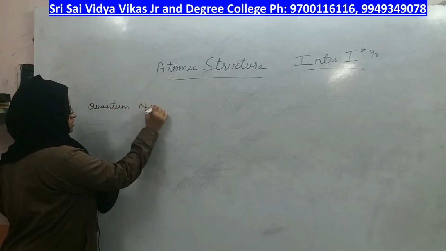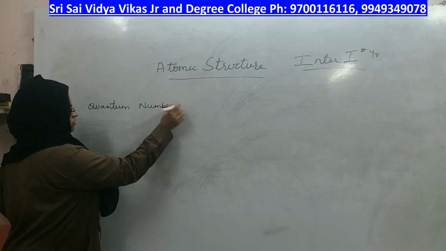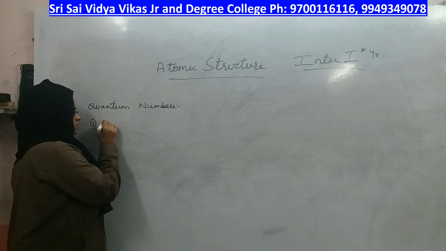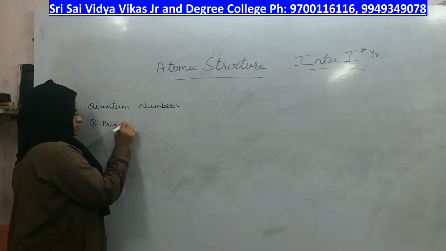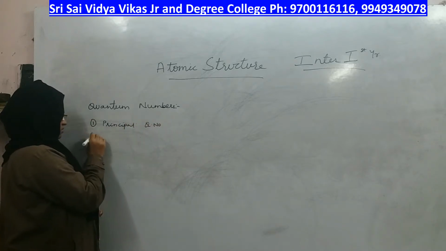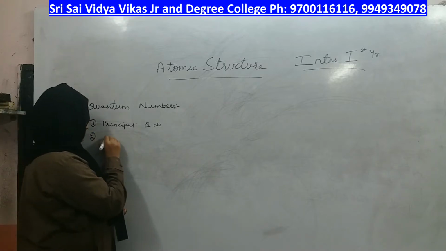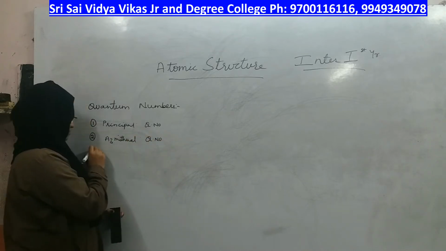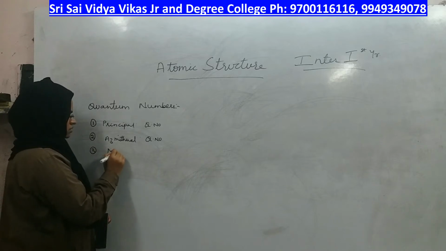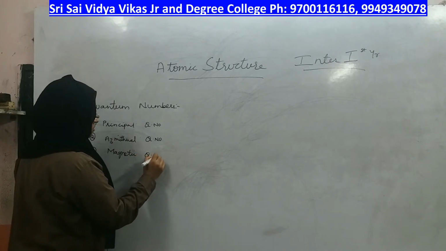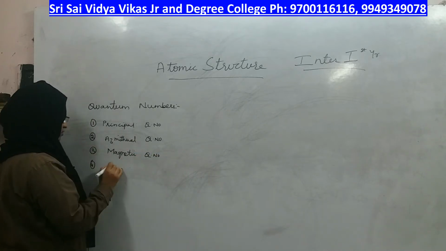Quantum numbers were of 4 types, right? And the first quantum number is principal quantum number. Second was azimuthal quantum number. Third was magnetic quantum number, and the fourth was